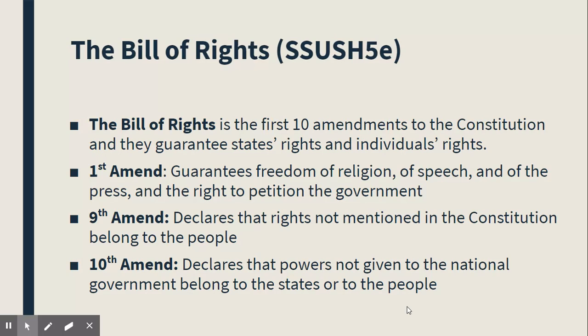But the Ninth Amendment and the 10th Amendment are probably two of the biggest ones in there. The Ninth Amendment says any rights that are not mentioned in the Constitution also belong to the people, and that is protected by the Ninth Amendment. It is our right. We have rights. Even though they might not be listed, we do have human rights that can't be taken from us. Number 10, the states also have rights that can't be taken from them. So if nothing's listed in the Constitution about it, there it is. The 10th Amendment automatically protects that.